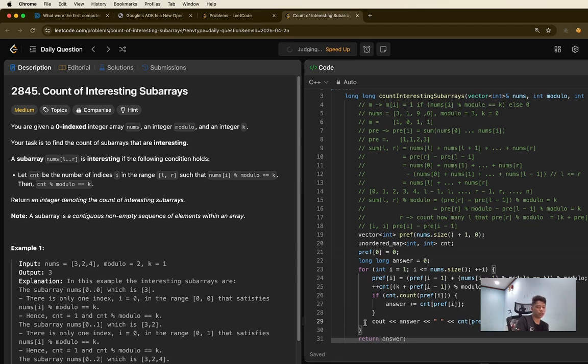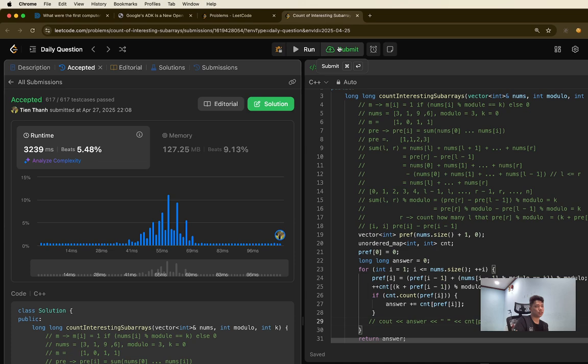But I got a TLE, time limit exceeded, because the count is too much. So let's submit it again. See how too much makes your performance poor. Okay, you can see